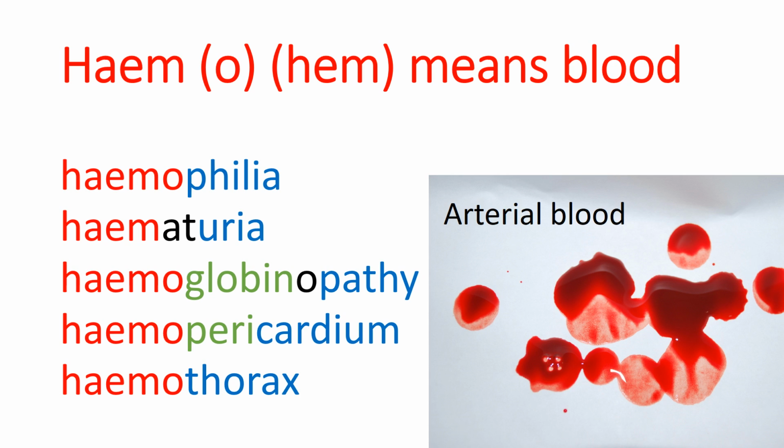Thorax is originally from the Greek. It was a piece of armour, the breastplate. But thorax has come to simply mean the chest. So hemothorax is blood in the chest. And specifically, hemothorax is blood that collects between the visceral and the parietal peritoneal membranes, almost always as a result of trauma.